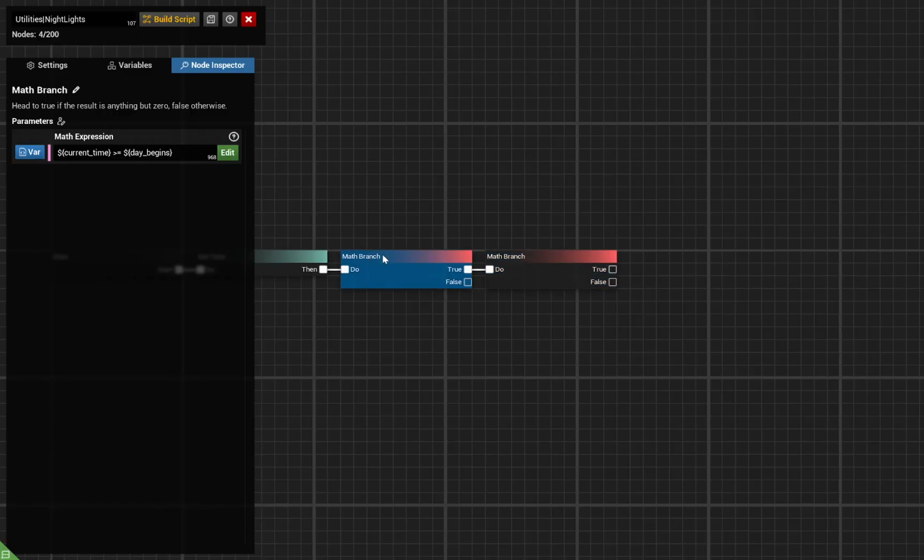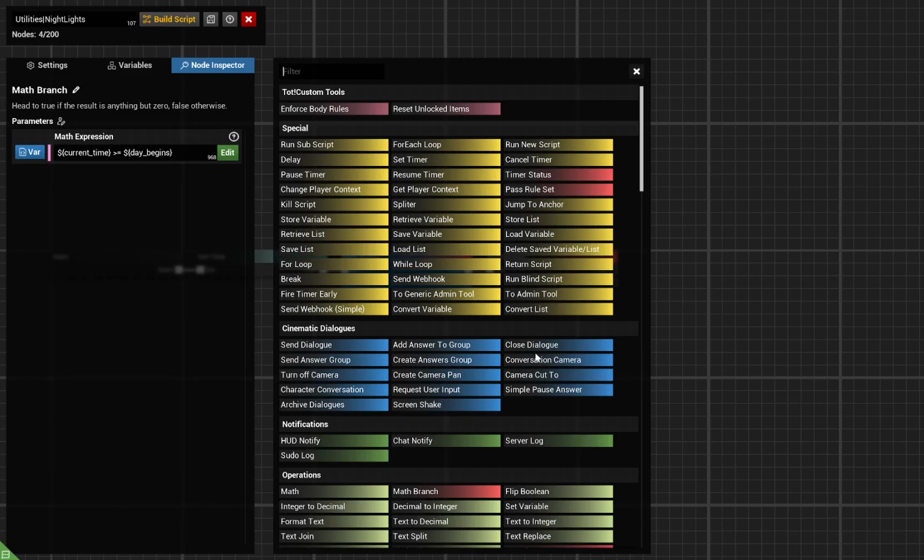If it is not larger than day begins, that means it's sometime in the AM. It's 4 a.m., for example. So we count that still as night. Day hasn't started yet. So what we do with that, we're going to take from this false branch,